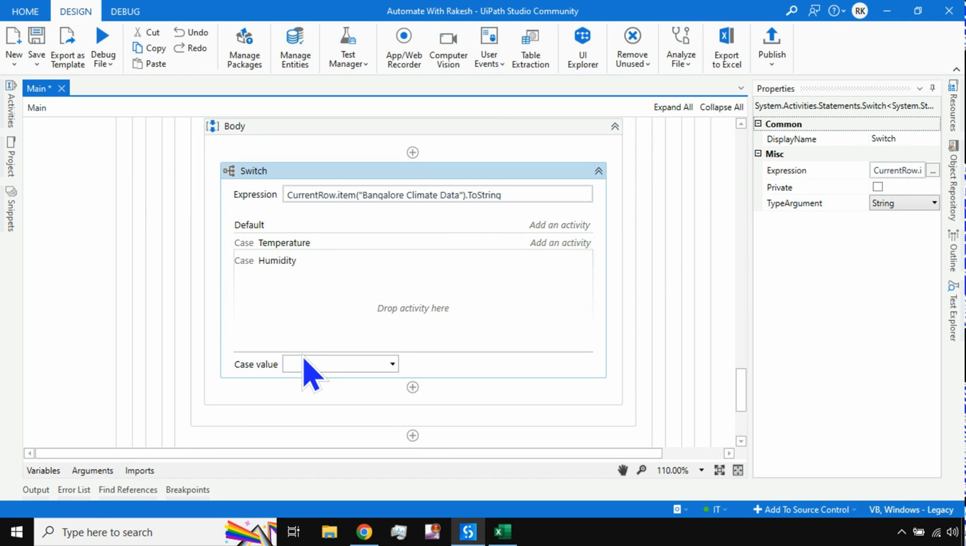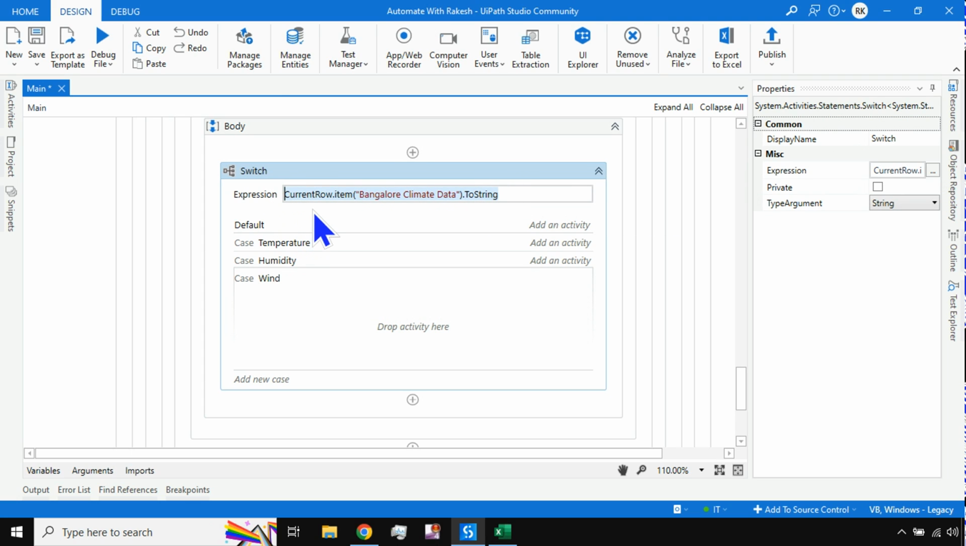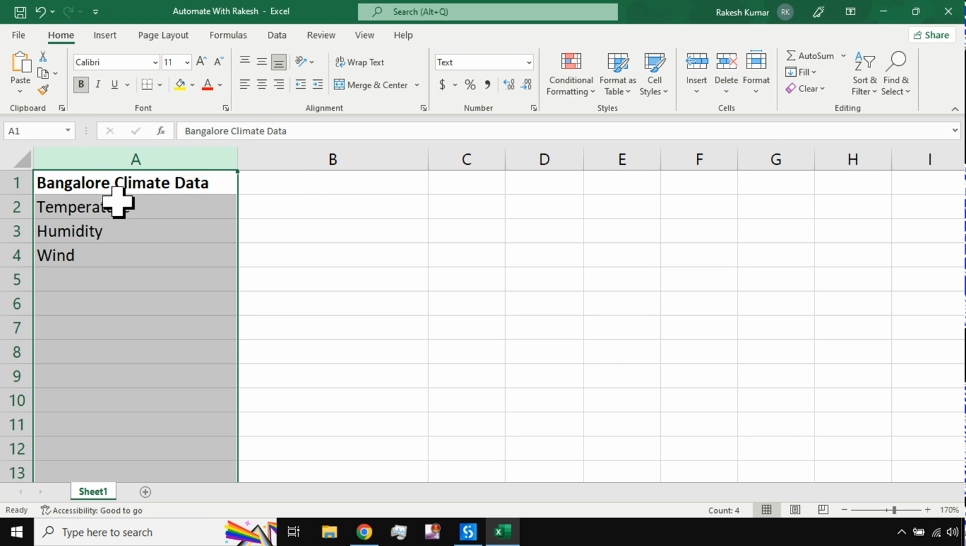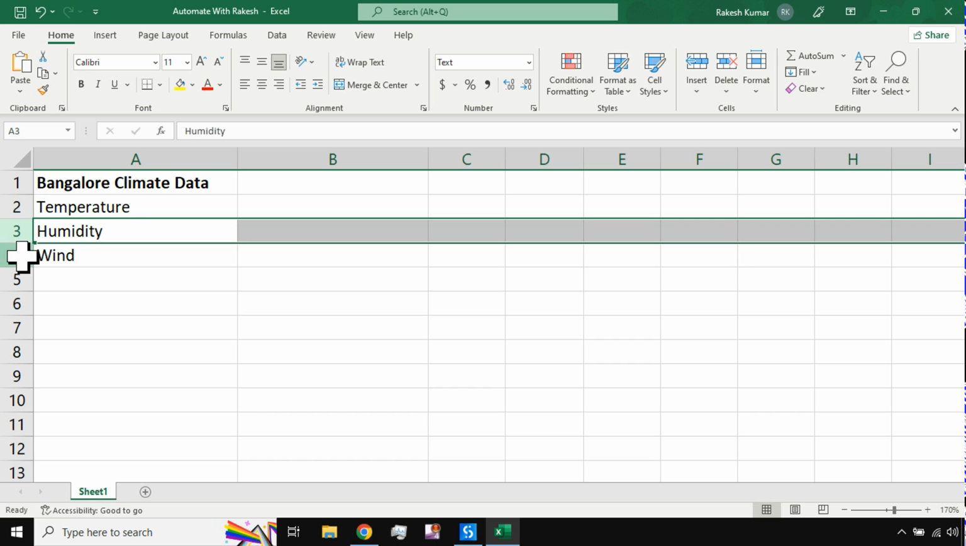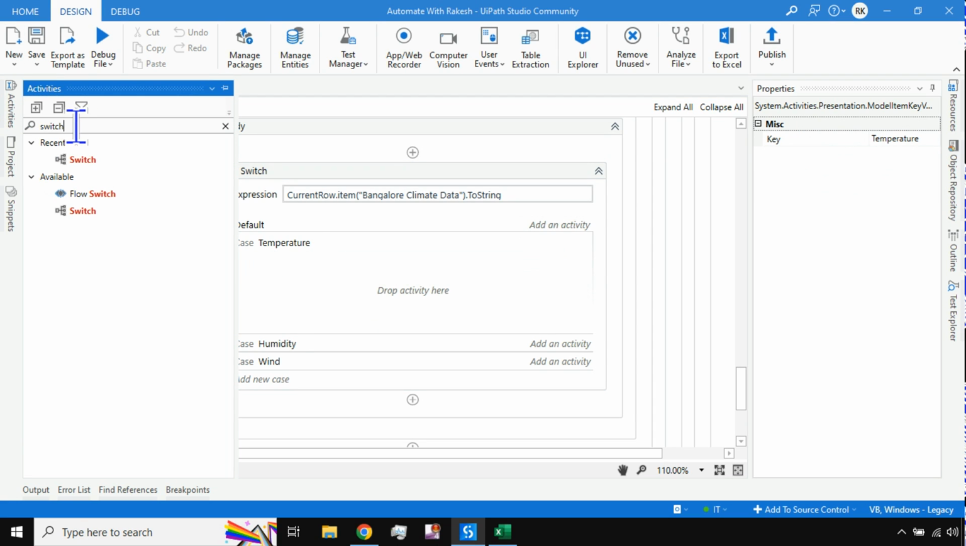Let me explain once again what exactly I am trying to do. Here I'm using a switch activity. The value of the output of this, if you use a message box and test it, current row dot item Bangalore climate data. That means when the for each loop is running in the current row, under this column, the first time it runs the value will be temperature. The second time it runs, the value will be humidity. The third time it runs, the value will be wind, right? So if the temperature value comes when the loop runs, then what I want to do,